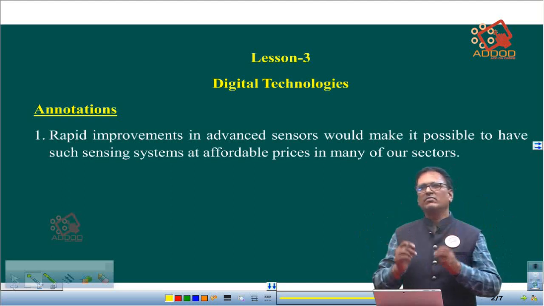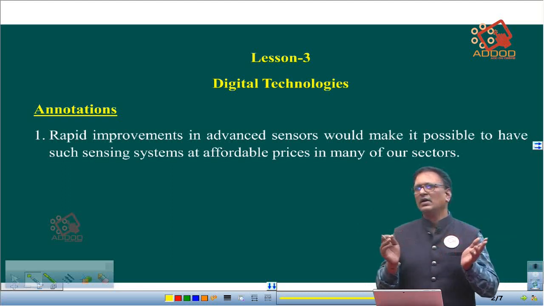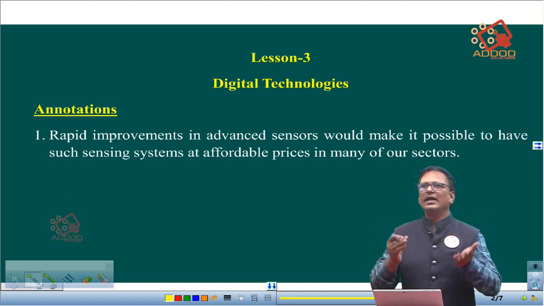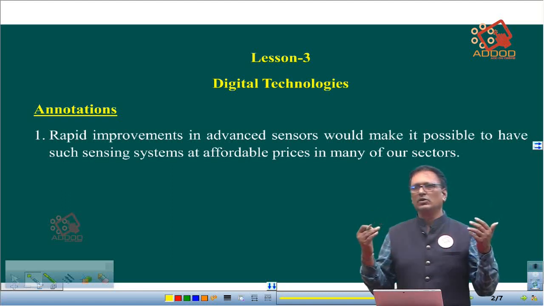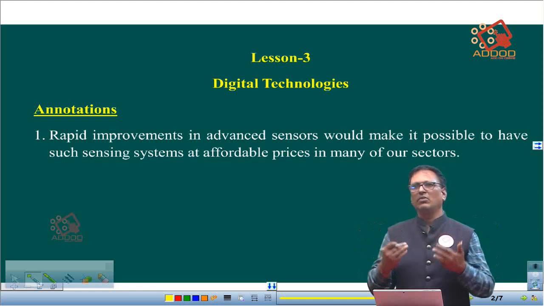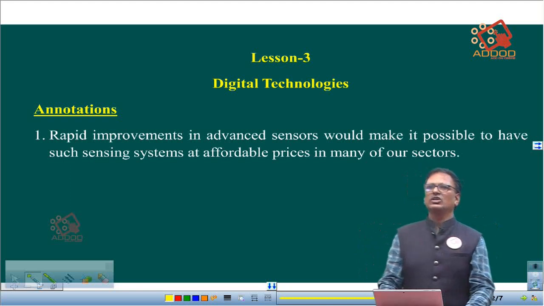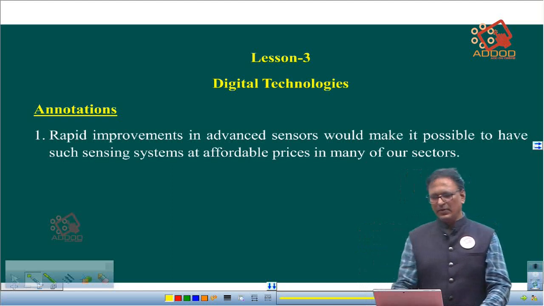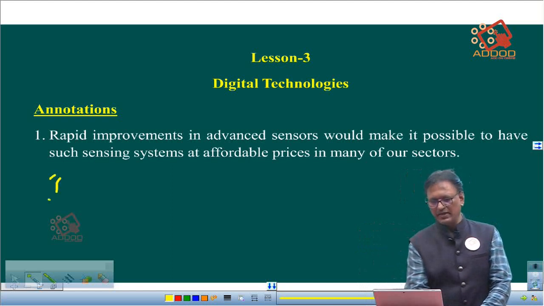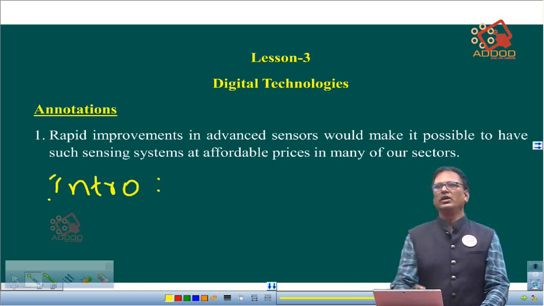Every scientist who is working for this kind of advancement, we should always salute them. And the result of all the hard work of these engineers, software engineers who are involved in it, is that they are only trying to make our lives very, very comfortable. So that advancement is what is given in this particular annotation. So what is the introduction you have to make here? In the introduction, you are going to write only two things.